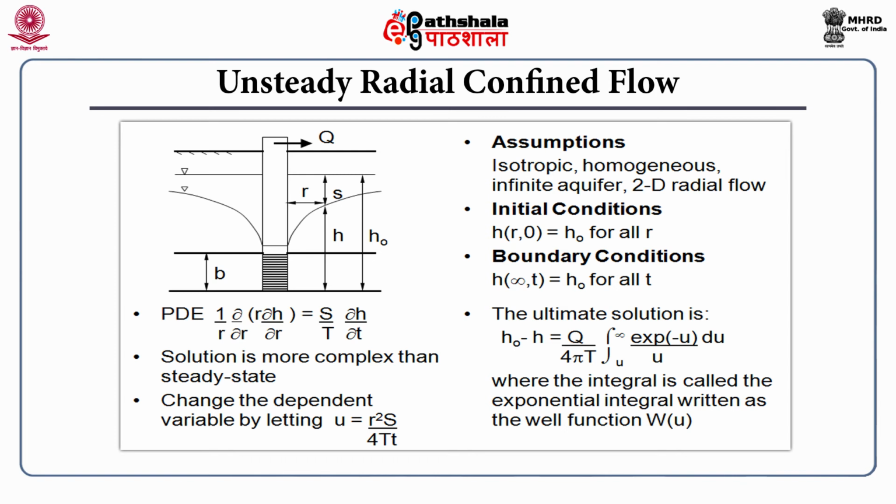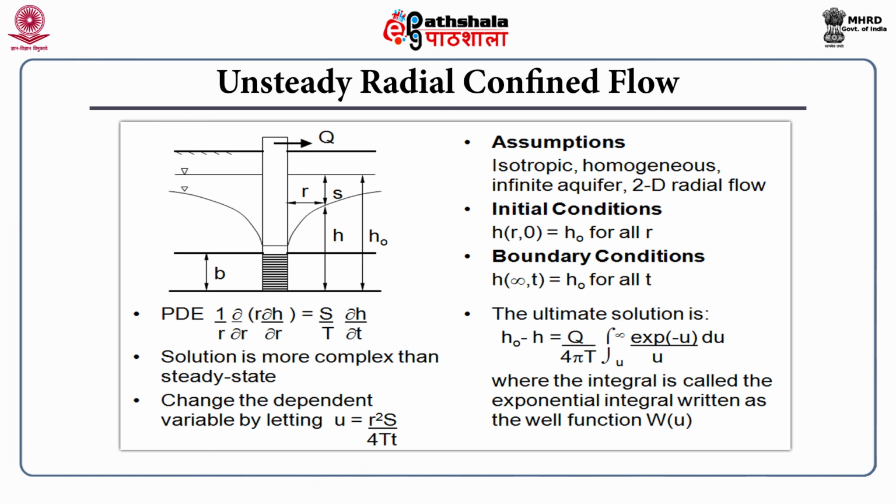So, in that case we can go for the unsteady radial type of flow approach for characterizing the aquifer parameters. This is the partial differential equation which can be solved for getting the aquifer parameter values S and T from confined and unconfined aquifers. So, here small u represents the auxiliary function, r square S upon 4 T t. r square is the radial distance, capital S is the storage coefficient of the aquifer, capital T is the transmissivity, and small t is the time of pumping.